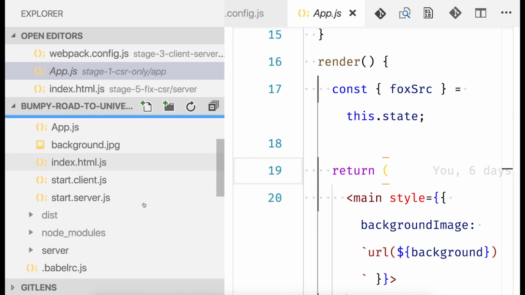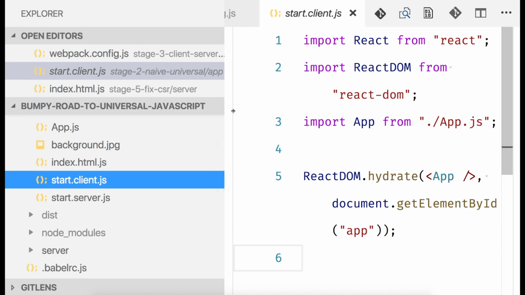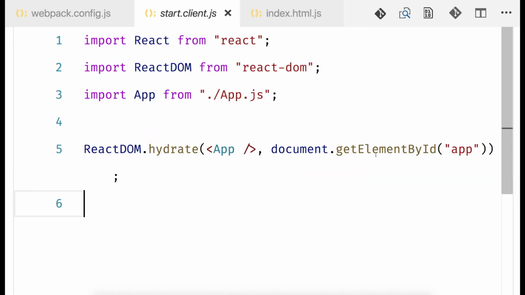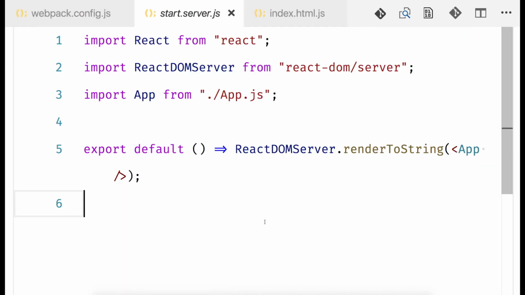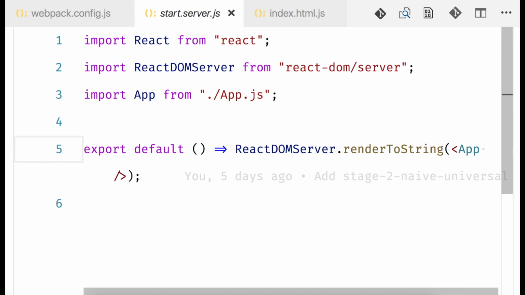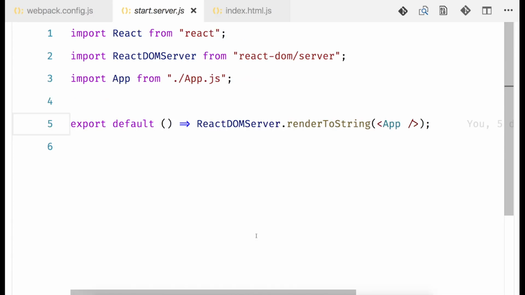So we have a start client JS. Maybe we should start with, let's start with the server. So on the server, we import the component, and then we use the renderToString method to render it